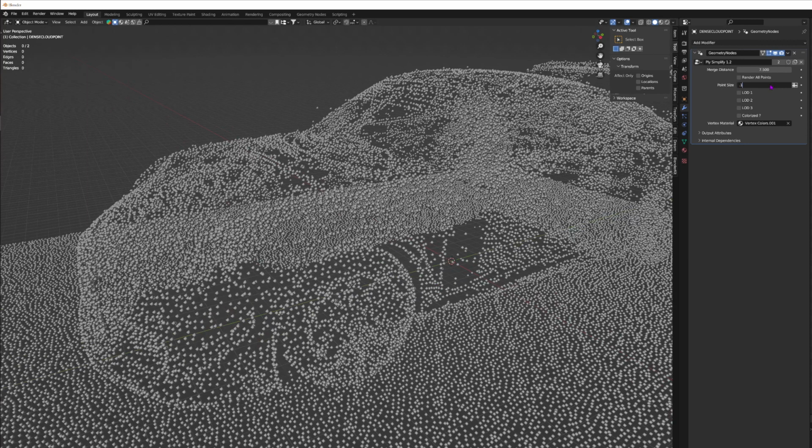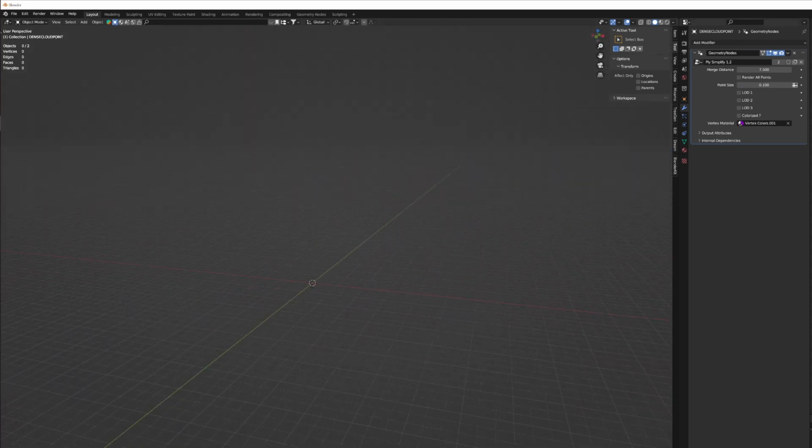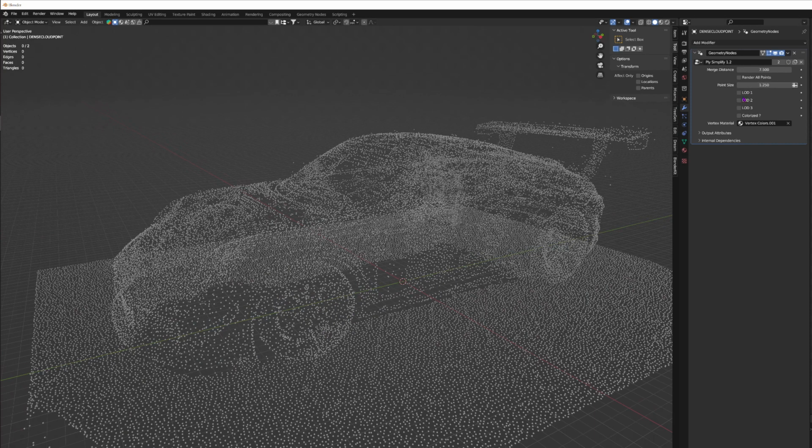If you make it too small, it's hard to see. So that's 0.1. Can't really see anything. So we can make it a little bit bigger to fill in some of those gaps. Let's do 1.25. These level of details only really function when we turn on our colorized